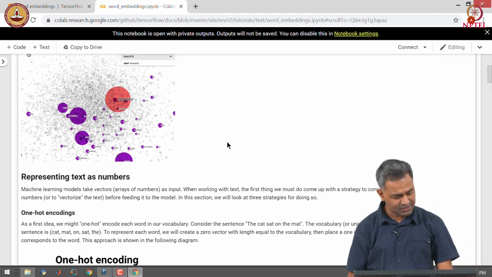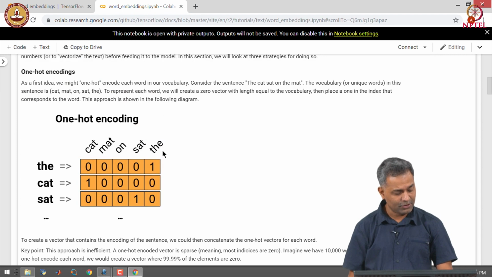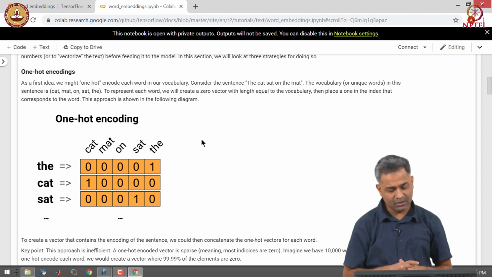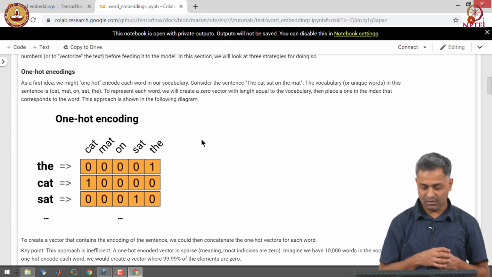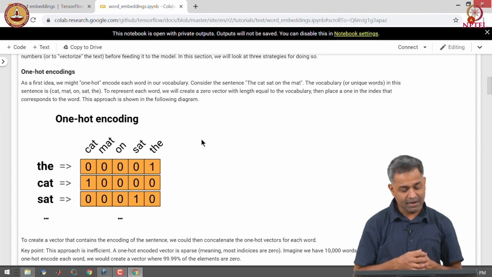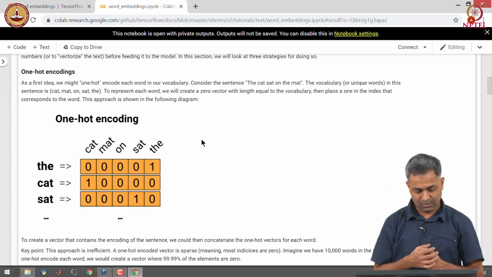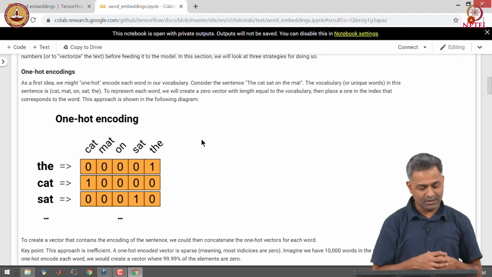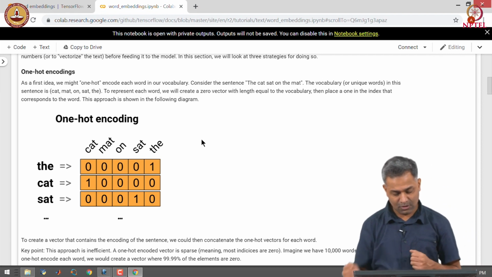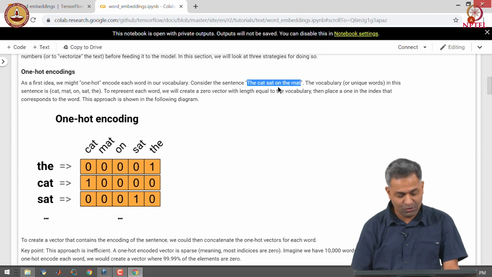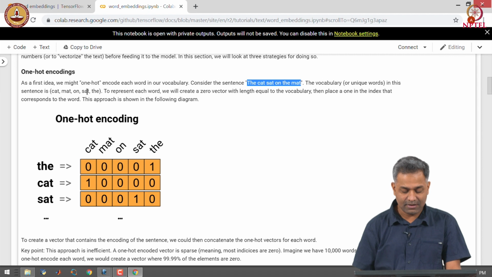One of the schemes is one hot encoding, where we take the sentences and extract vocabulary from these sentences by tokenizing them and selecting unique tokens. For example, for the sentence the cat sat on the mat, the vocabulary or unique words are cat, mat, on, sat and the.